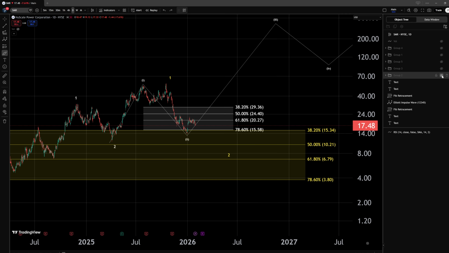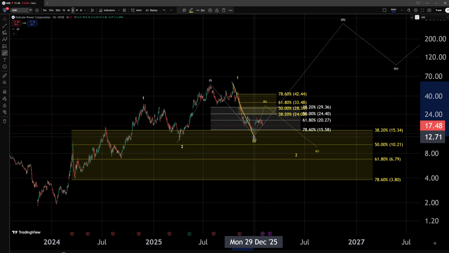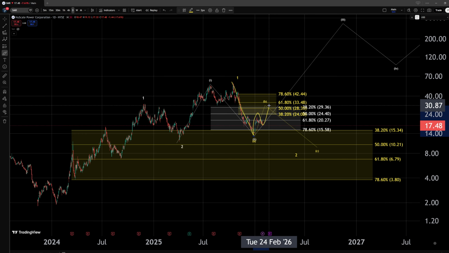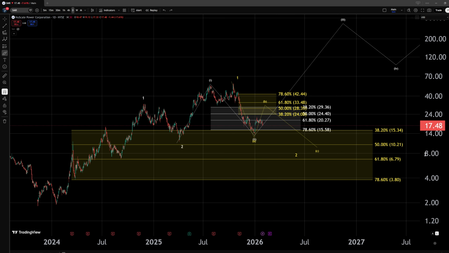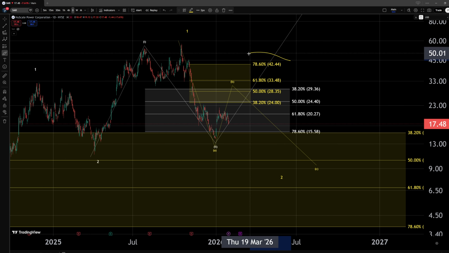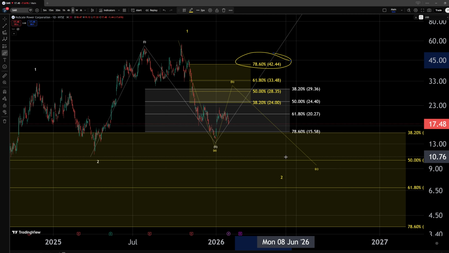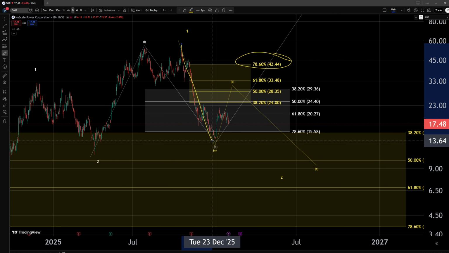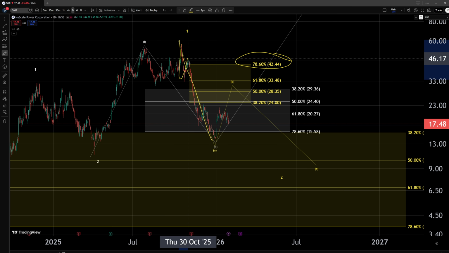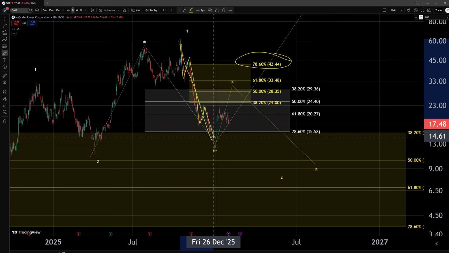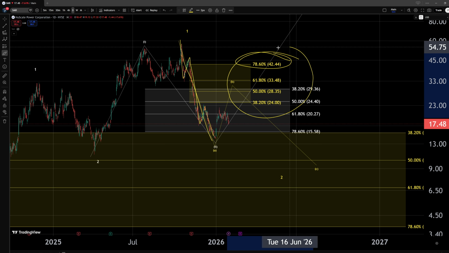But in the case of this idea, we would be tracking a zigzag correction where we have an A wave down in a 5-wave structure, and we would be looking for a 3-wave correction, most likely, in a wave B into the area of resistance between the $24 all the way up to the $42.4 level before continuation to the downside. So even within this rather short-term bearish scenario, we would still expect to at least get into the area of resistance. Most of the time, if the pattern is complete, which I would assume it is, after all we have a full count within this area,